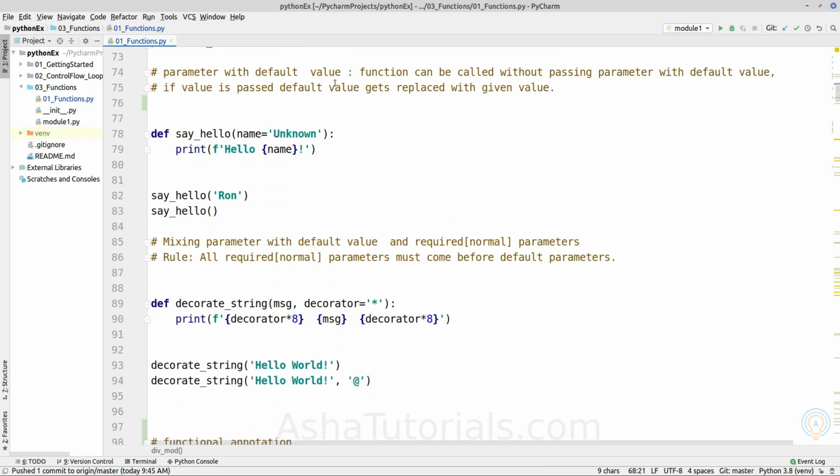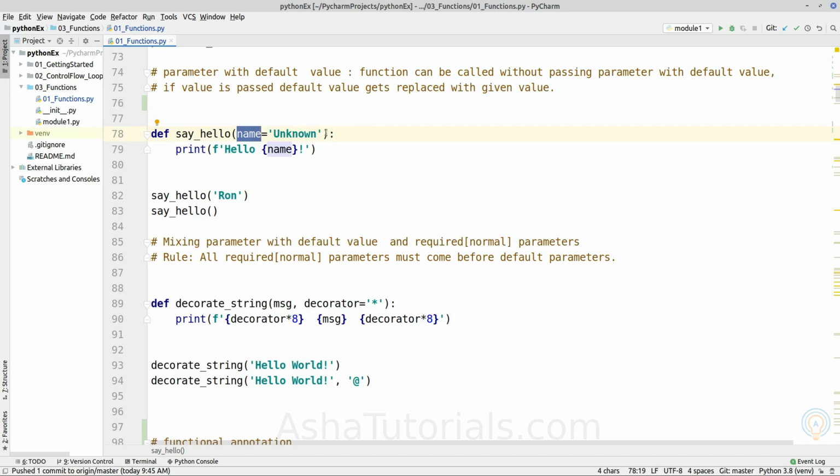Next topic is parameter with default value. So in Python we can give a default value to a parameter. Suppose we are implementing a function which prints hello, and it takes one argument, the name of a person, and prints hello and the name of the person. Okay, but we want to make this parameter an optional parameter.